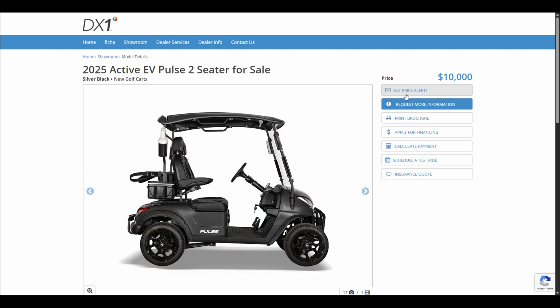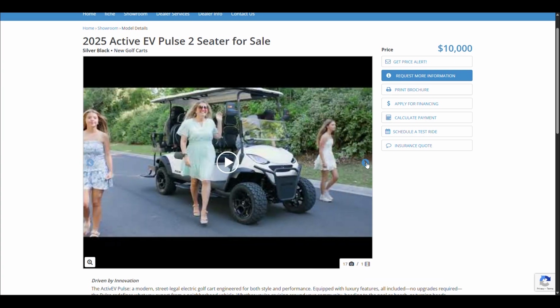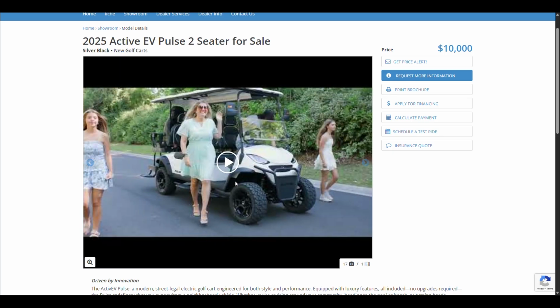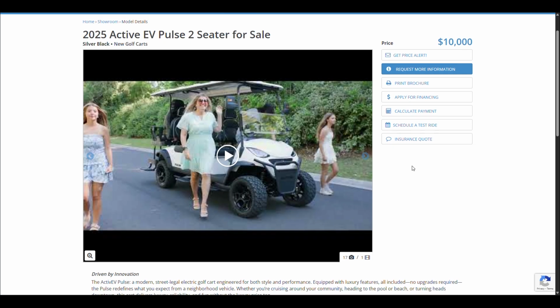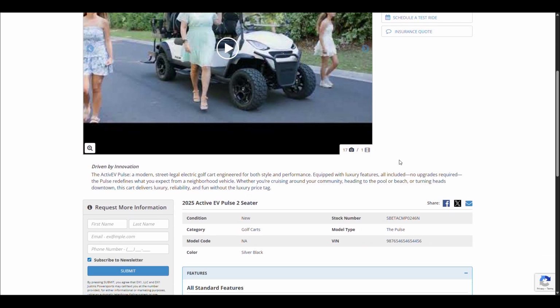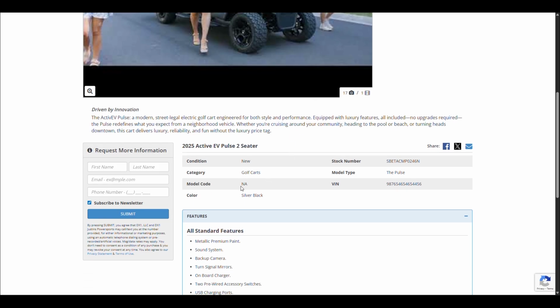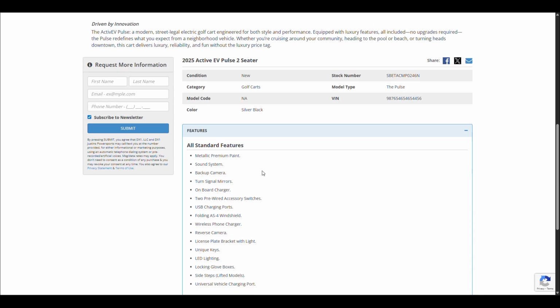I have a very generic website, but this gives you the idea of how you can quickly see what the listing looks like. And these are the photos that we brought from our photo options. We can see here's a video we could play. That's also the video link that was added, and all the other related information is going to show here, so some of those taglines, descriptions, conditions, seats, model codes, things like that.